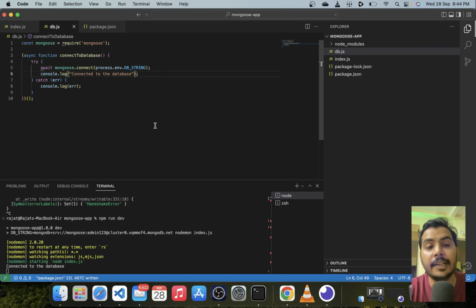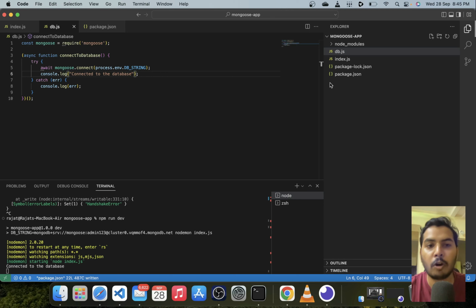Now we can write a schema so that we can save some data to MongoDB. So let's first of all try to understand what a schema is. Let's suppose you want to save some data to some collection. A collection can contain any sort of data, since MongoDB is a NoSQL database, right? But we want to enforce that this particular collection called person should only have certain properties which I am going to define. It should have a name property, it should have an age property, and that is it. It should not have any random XYZ property.